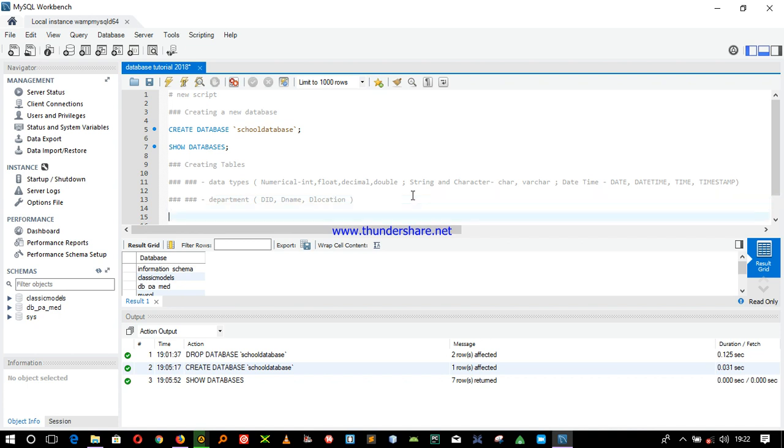We also have another table, which is staff. And we say the staff are described by having a staff number, which is SNO, right?